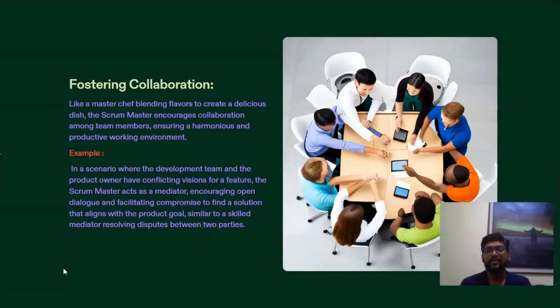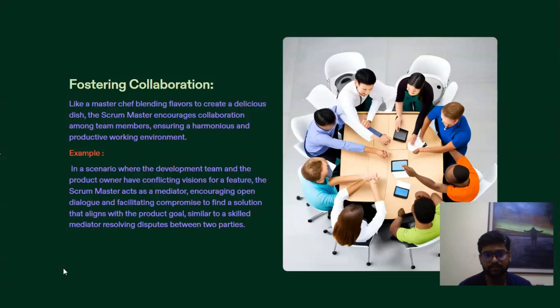Next is fostering collaboration. Collaboration and communication are the most important qualities a Scrum Master must have. Like a chef blending flavors to create a delicious dish. The chef creates a delicious dish using multiple flavors, multiple things, right? Just like that, the Scrum Master encourages collaboration among the team members, ensuring a harmonious, productive working environment. You require to make sure that the work environment is friendly, work environment is